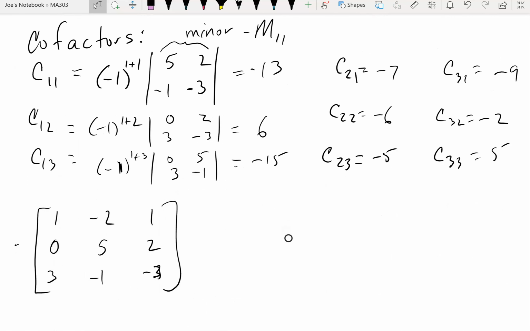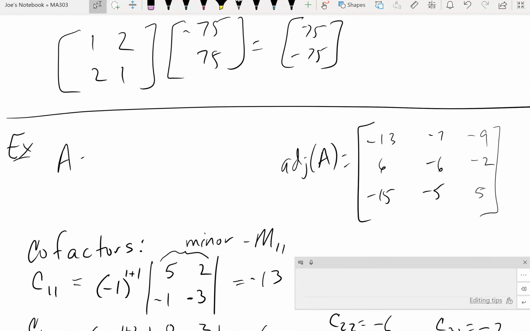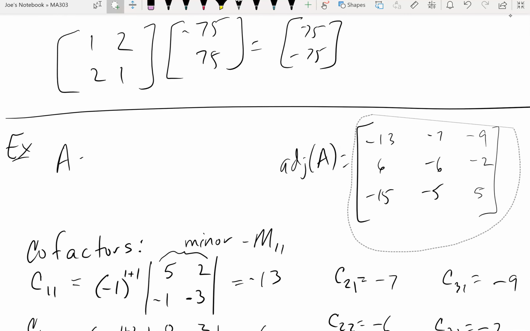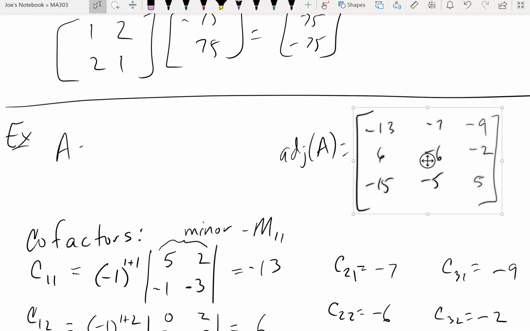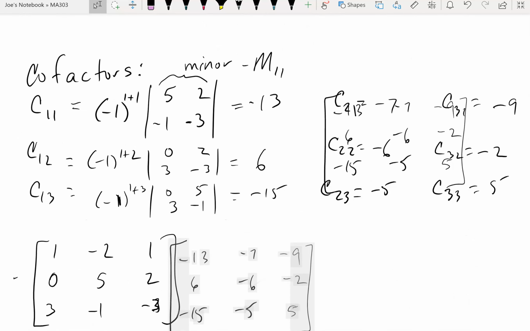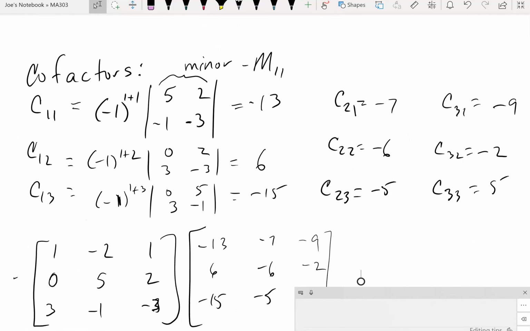All right, so there was A. Then here's the adjoint of A. All right, so what happens when we multiply these two things together? Oops, I'm not back on writing. That's why it's not writing. All right, so